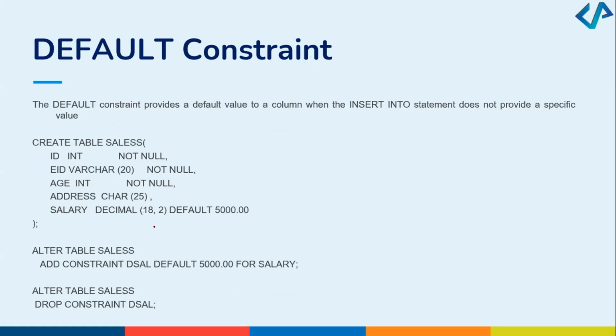We then have the next constraint, which is default. So the default constraint will give a default value. Let's say if the user gives the value, it will take it. If the user hasn't given any value, it will take a default value. Look at this slide in front of you. Which column do you think has got the default constraint? Have a look at it. Observe this. This is the area which you should be looking into. Which column has the default constraint? Can you please write it in the chat?